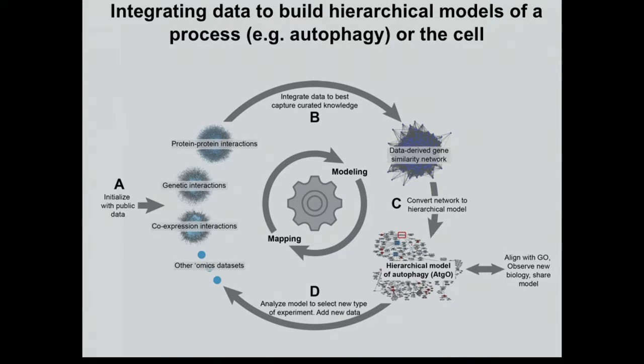So the idea is you choose your favorite process. In this case, for Mike Kramer, it's autophagy. You try to build a hierarchy of that process using public data, as much public data as you can get your hands on. You integrate those data to derive a gene-gene similarity network, and using this clique extracted algorithm I just alluded to, you get a hierarchy, or a DAG, which reflects the structure of that data set. Now,